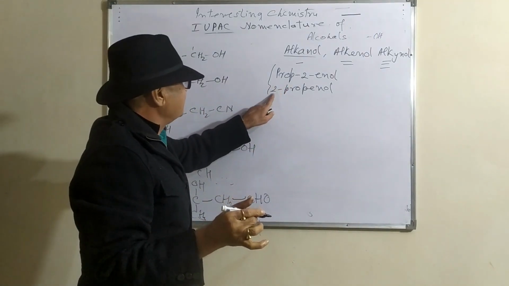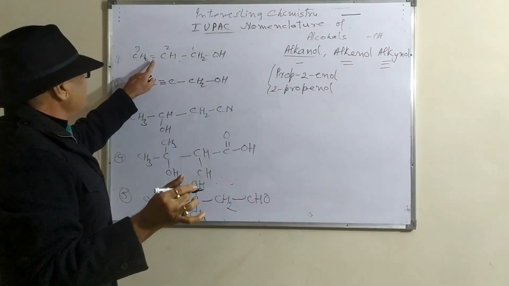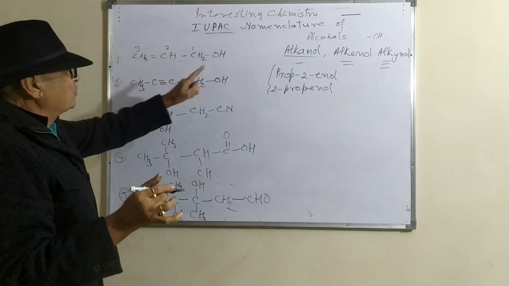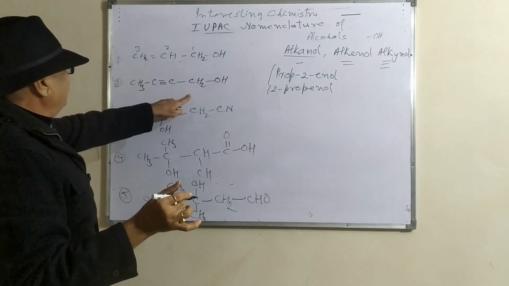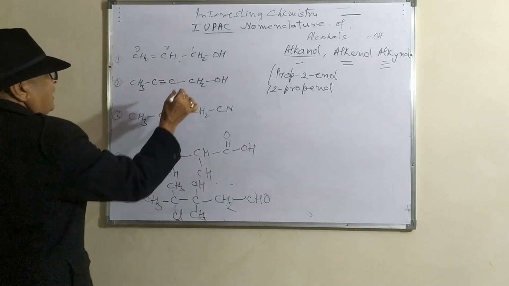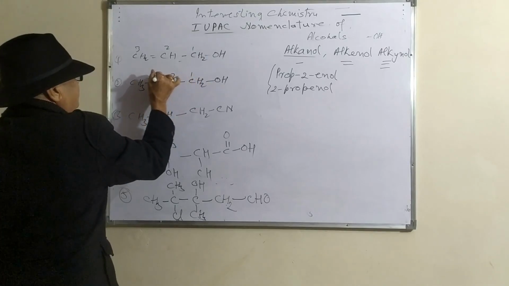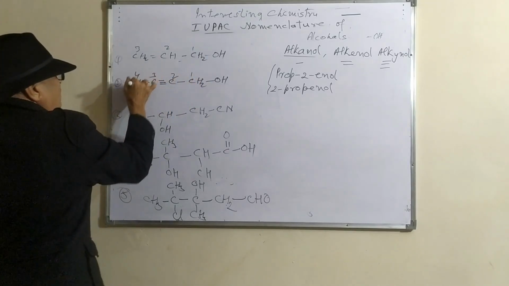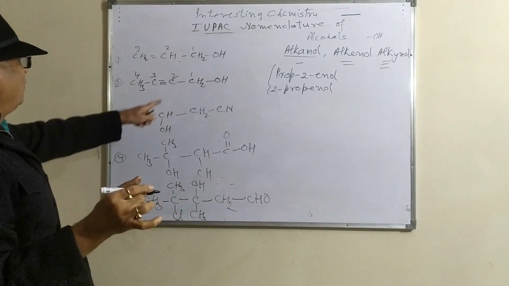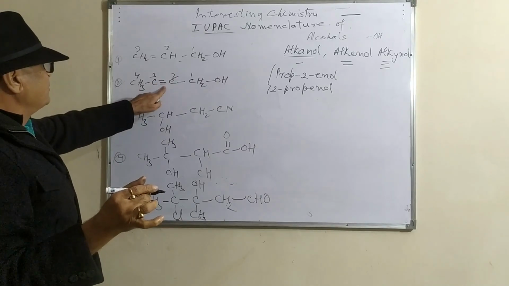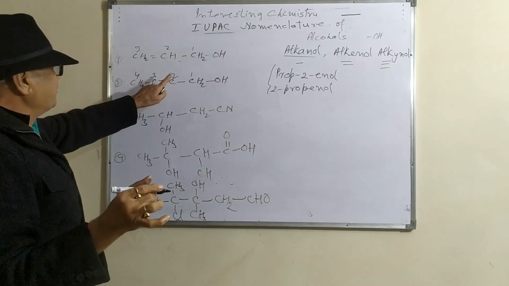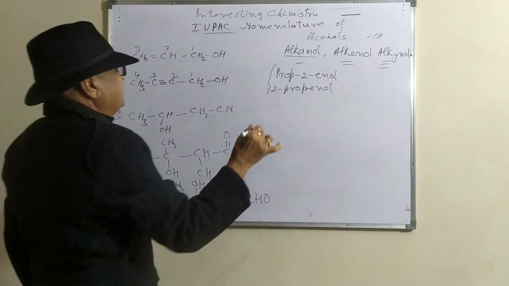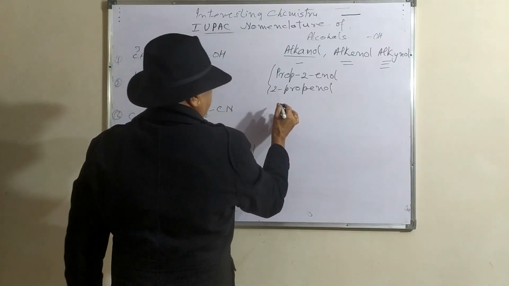2 shows us the location of the double bond. So what will be the name in this case? There are 4 carbon atoms, here are 3 and 4. So the name of this compound is butanol, and again the triple bond is present on the second carbon. So the name of this compound will be